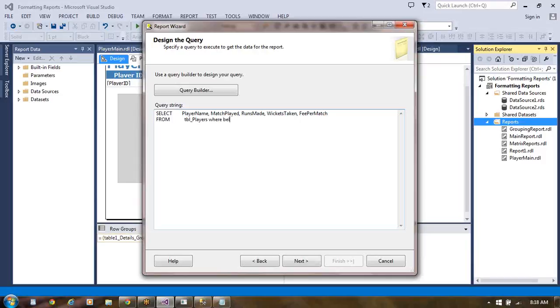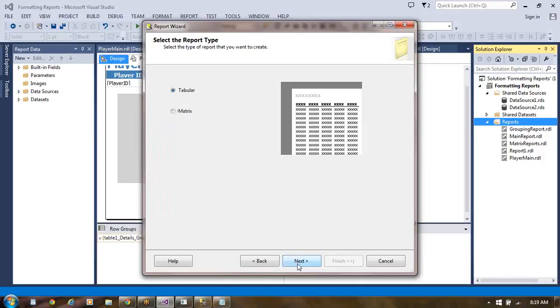Belongs to equal to at the rate, we can put it as country name. Like this we can put it. At the rate country name we can have here. So we use belongs to, and based on that country name is going to be the parameter here.